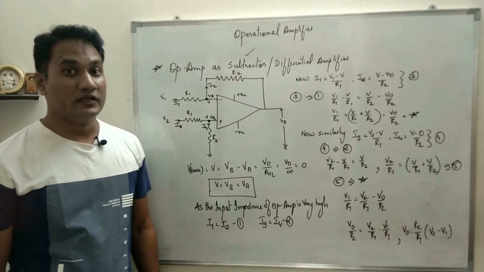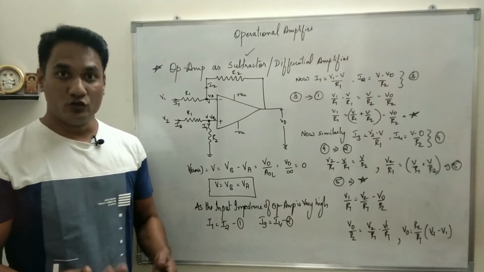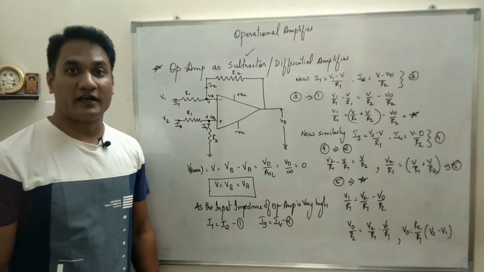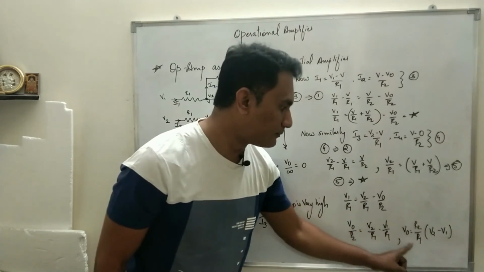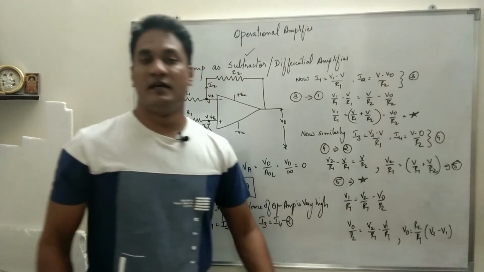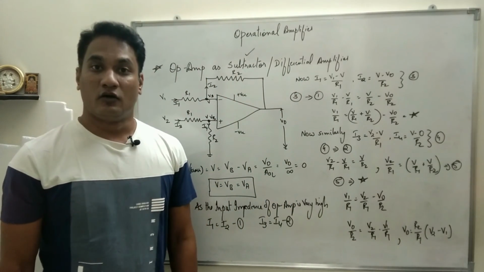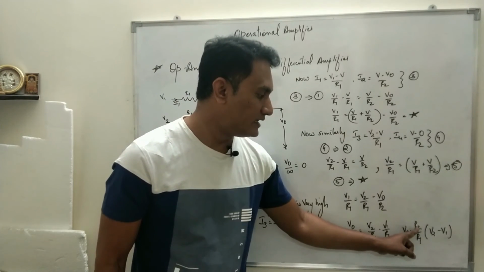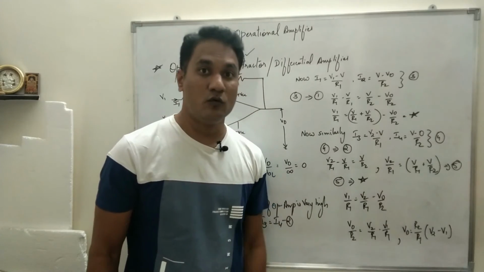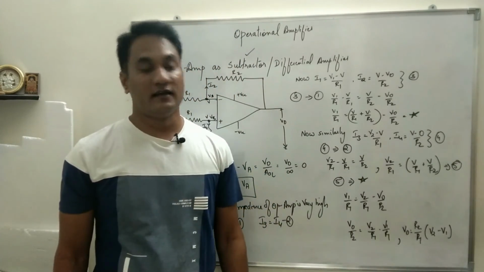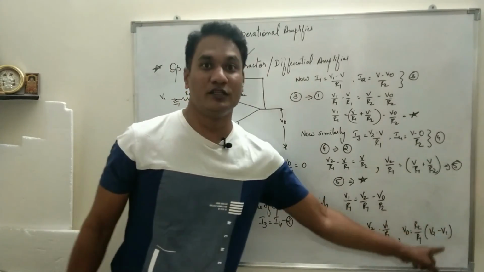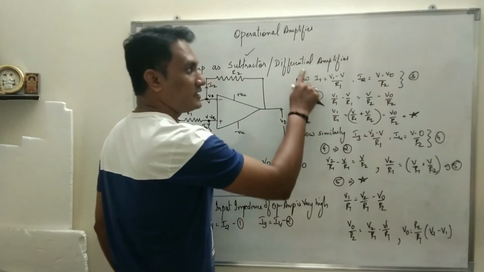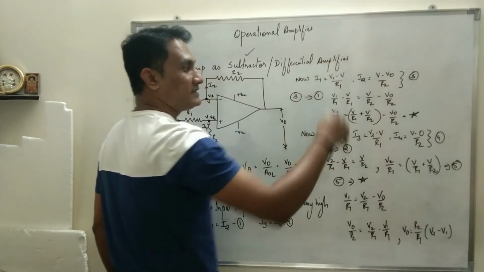And if I need a gain, if I want to use the circuit as a differential amplifier, then I should select proper values of R2 and R1. Say I want a gain of 10. So I keep the R2 value as 20 ohms and the R1 value as 2 ohms. So 20 divided by 2 is 10, so 10 multiplied by the difference between the two. Of course it will be a differential output. Also it works as an amplifier.